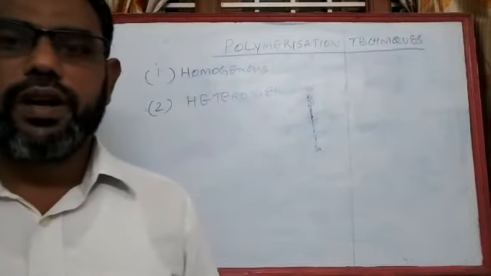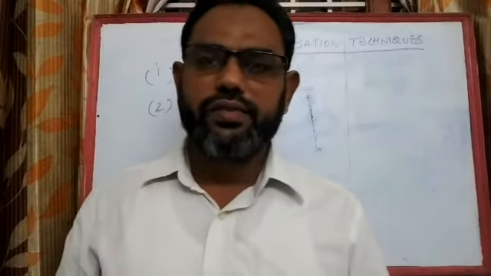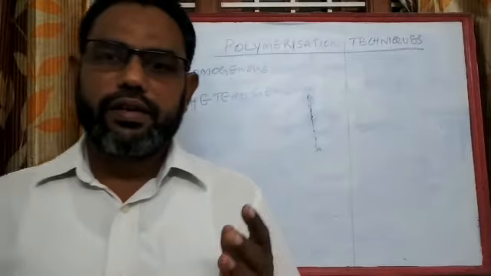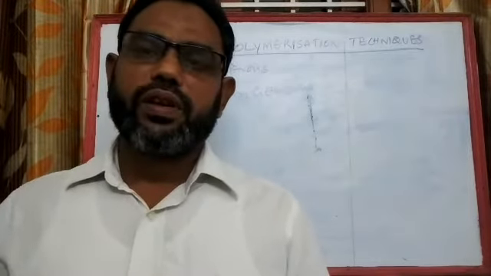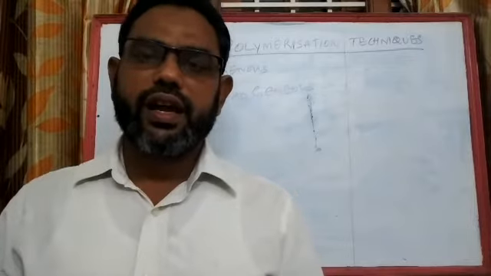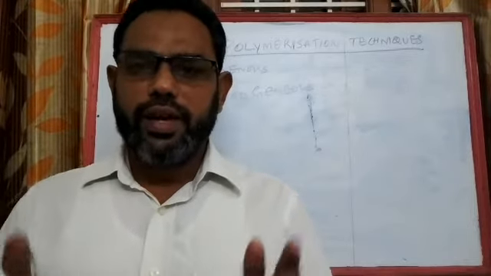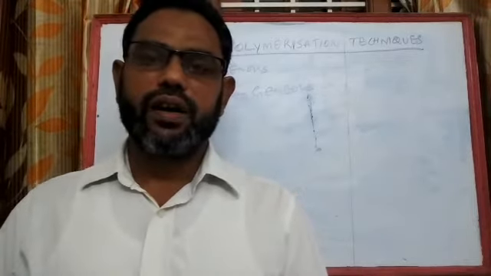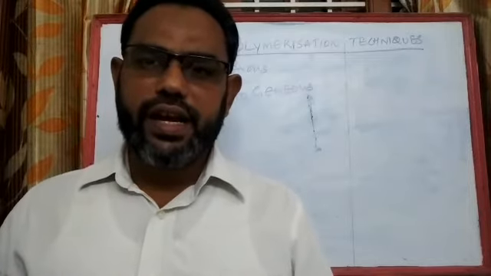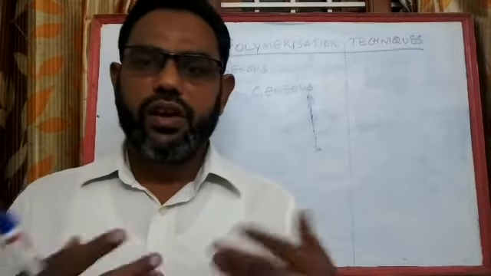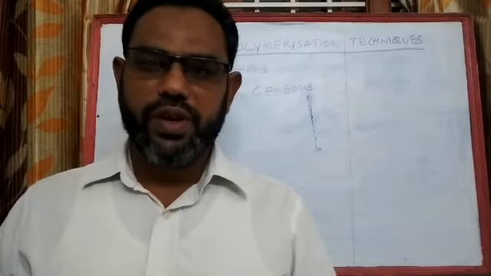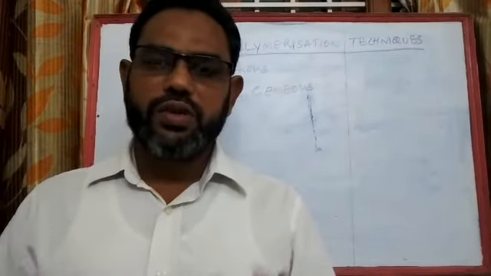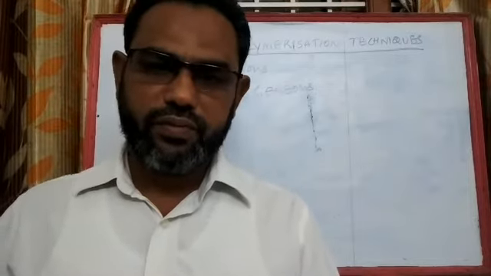Homogeneous polymerization is the technique in which the monomer, the initiator, and the chain transfer agent are all available in one phase, or the initiator and chain transfer agent are all soluble in the monomer and can be made into one single phase. That is called homogeneous polymerization.